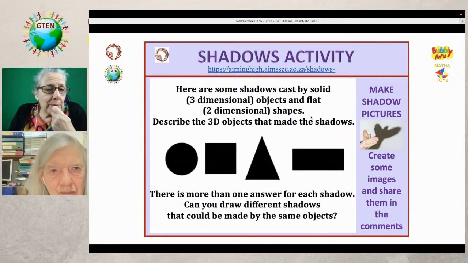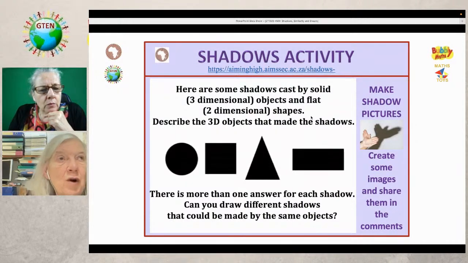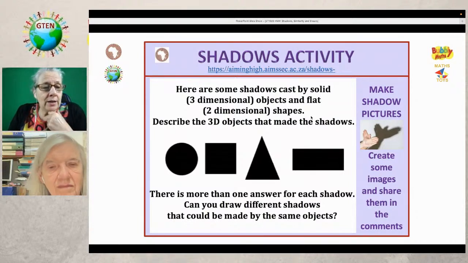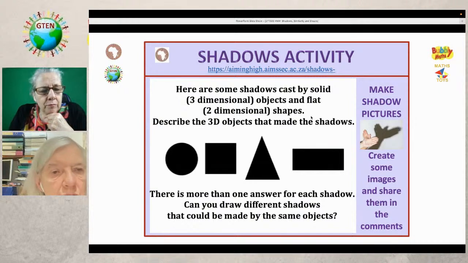Well, a cone could have made the circle, couldn't it? Or a cone on its side could make the triangle. Yes, that's right. So one shape could make more than one of these shadows. And similarly, the disc there could be the shadow of a cylinder or a ball, or a sphere. And the rectangle could also be the shadow of a cylinder that's lying on its side. There are lots of possibilities. And of course you can do it